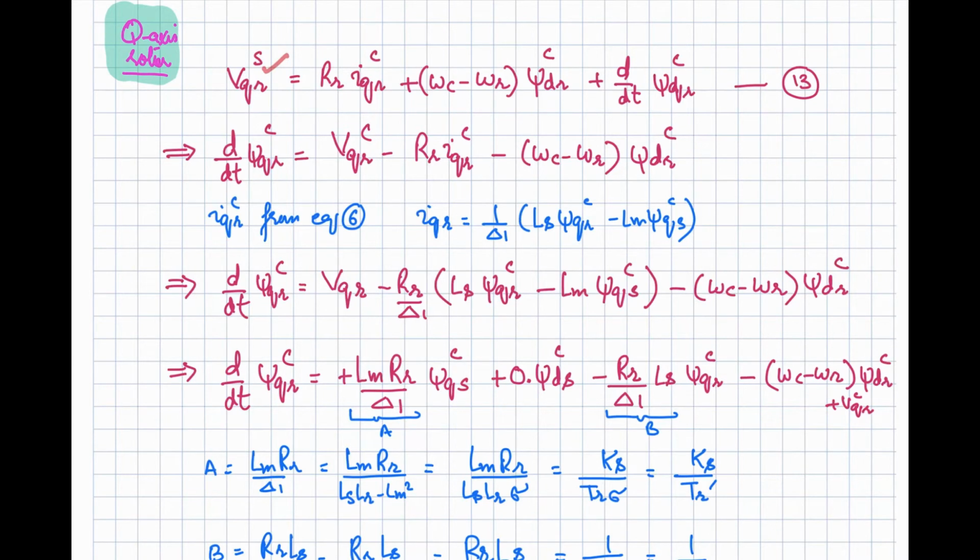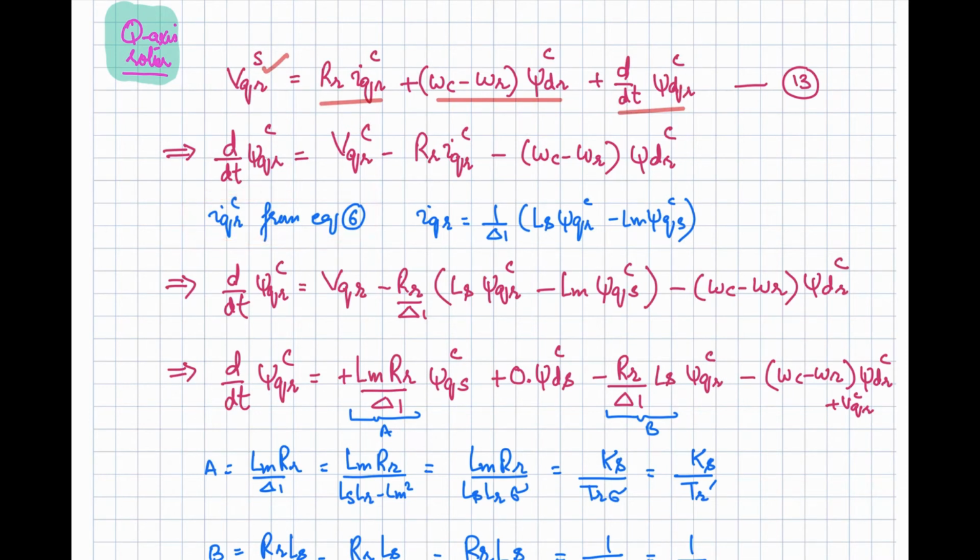So that is given as Rr into iqr plus (omega c minus omega r) into phi dr, and the derivative of the phi qr. The c is representing the arbitrary frame of reference. Okay, now writing it in this form, just take this part over here and rearrange it. So we can write it down like this, and then if we take the iqr from the equations